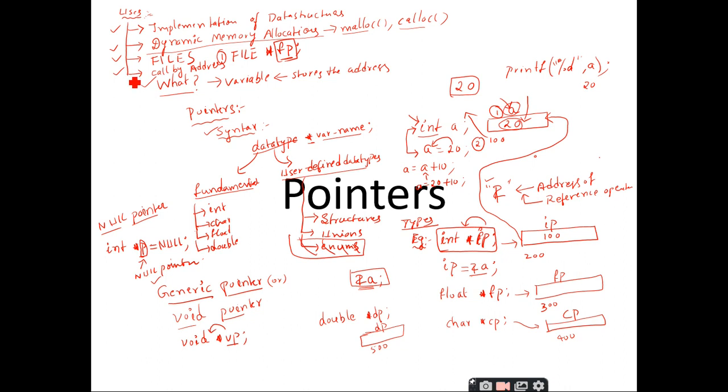Yes, sir. Now another question. How many values can a function return in a single instance? When I call a function, tell me how many values can a function return? Single value, sir. Only one value. Super, right? So a function by definition can return only one value. But is there any way to make the function return more than one value? Yes, sir. What is that way?